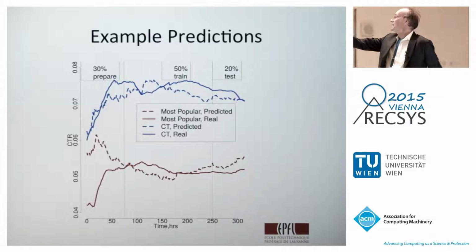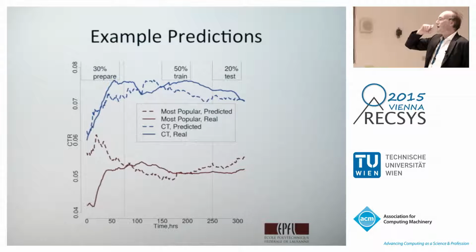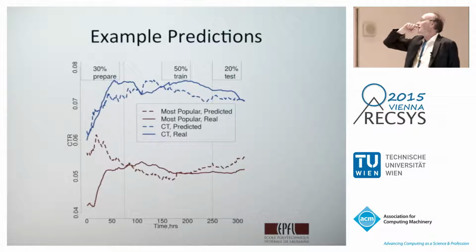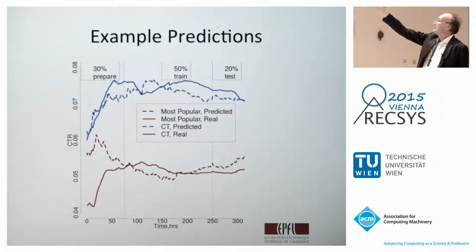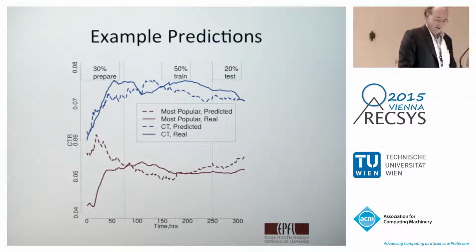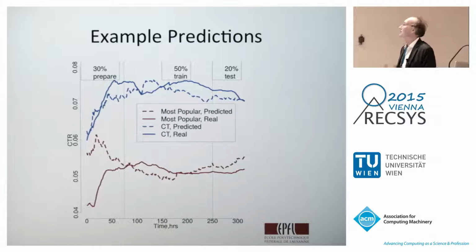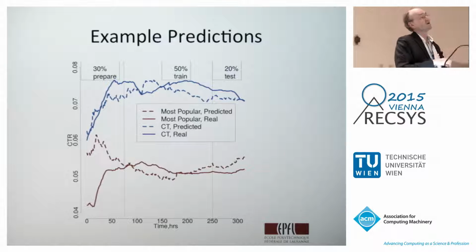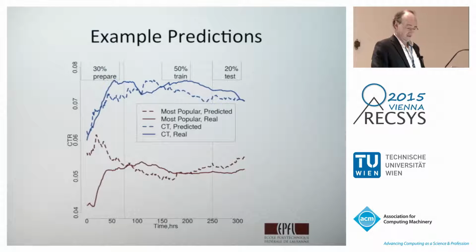Then we have a training phase in which we actually are training the model, and what we're showing here in the prediction is the continuous evolution of those models. So they start with a kind of default setting. And then the last part we used for testing, which is where we get the numbers and we see that, in fact, we get a relatively low prediction error in the end. So this is just one example on one version. The errors that are shown in the paper are an average over a lot of different variants of these algorithms.